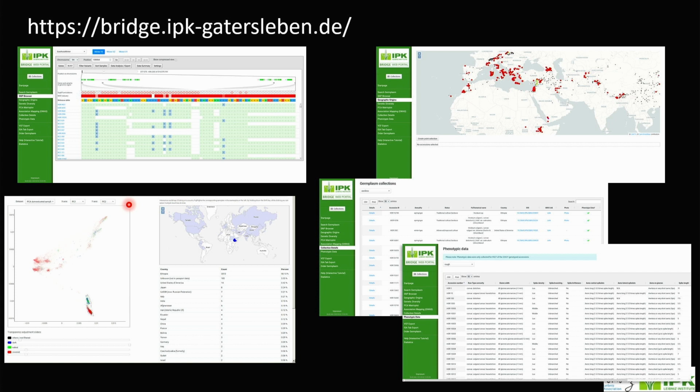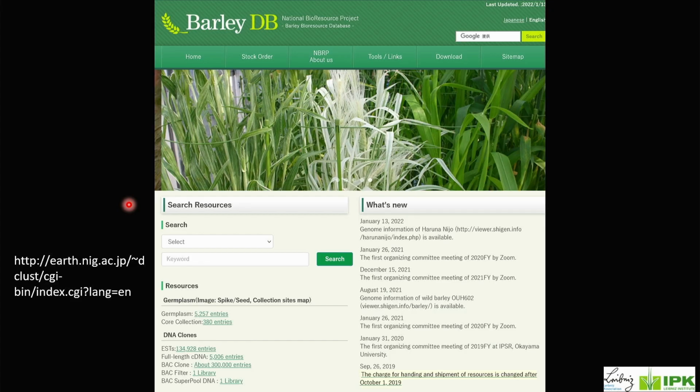You have the PCA analysis, which is interactive. You can do lasso selections of the subpopulations and bring them into context with phenotypic data, which is shown in some of the screenshots. And you can also directly go from there to the ordering system of the IPK Gene Bank. And we have such a repository also in Japan,